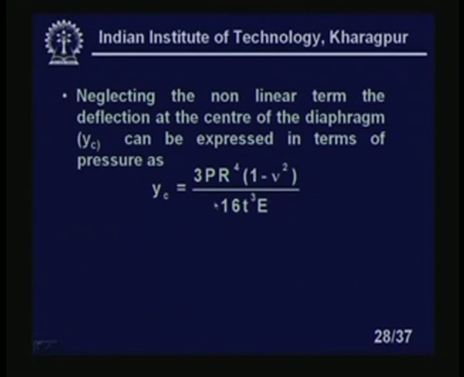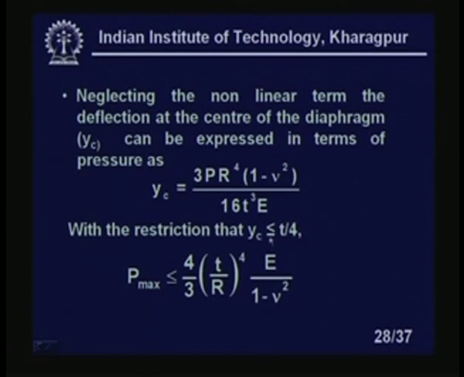This already we have given in terms of P. Now, we are neglecting that cube term. So, if we neglect that term, I will get an expression. The center point deflection Yc is almost equal to 3 P R to the power 4 (1 minus nu square) upon 16 T cube into E,